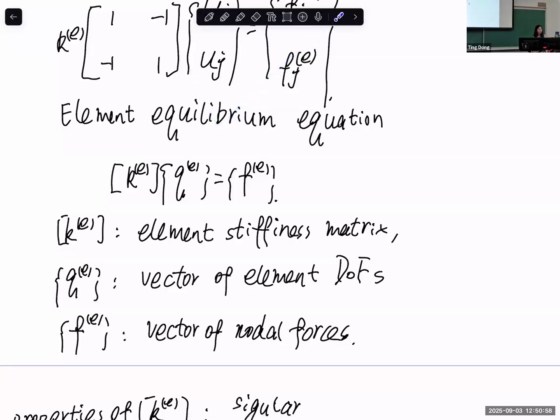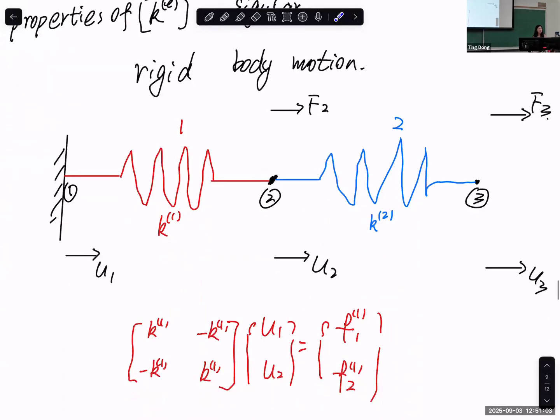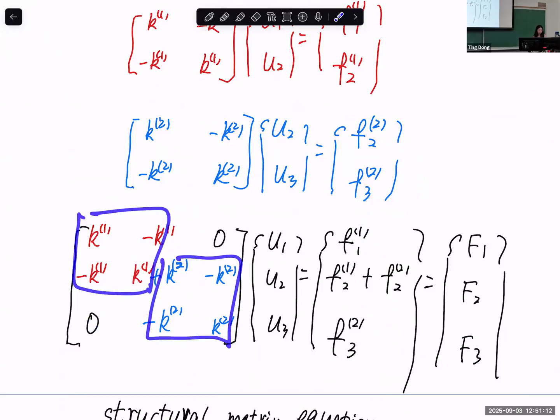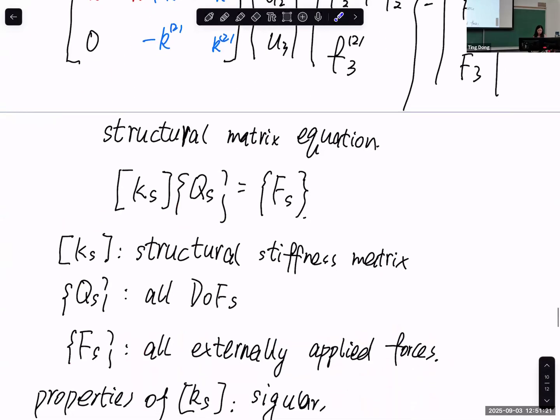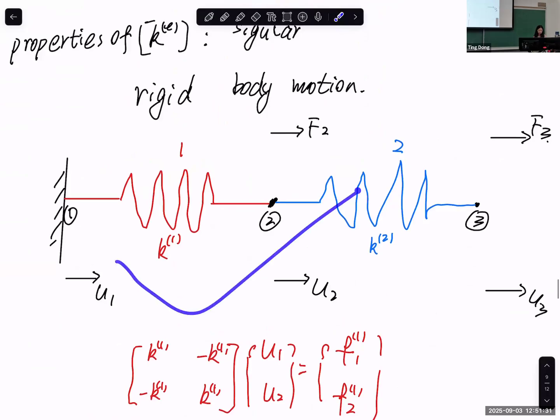So this is the element equilibrium equation, and the K matrix for the element equilibrium equation is always singular, with determinant 0. If we have a system combined with multiple spring elements and we combine them into a big matrix, of course this one has determinant 0, this 3x3 matrix has determinant 0, it is just singular. The way to remove this singularity is that we need to apply boundary condition. And the way we apply the boundary condition is that for the row, because F1 here in this example,